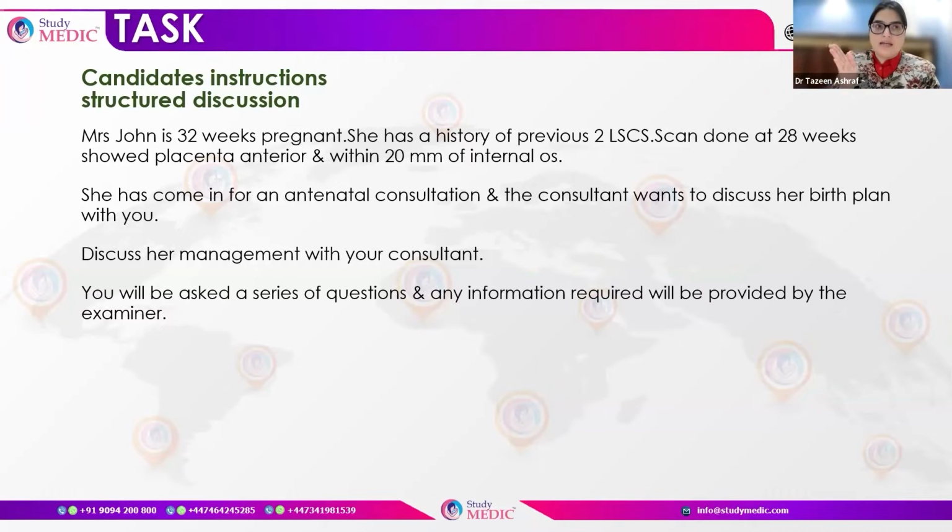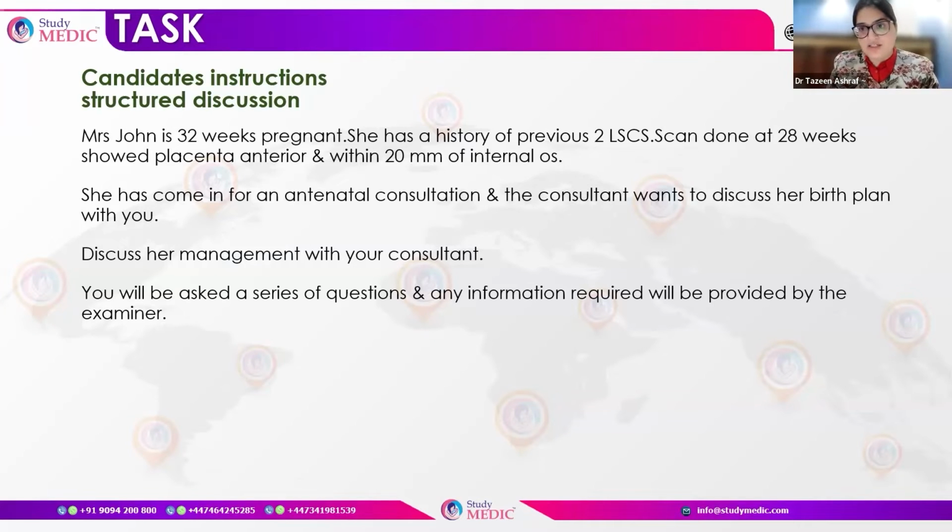If there is any complication which is arising, the patient should be counseled that she may need hospital admission, as well as if she stays asymptomatic, there are no bleeding episodes, then we can plan her delivery at 36 to